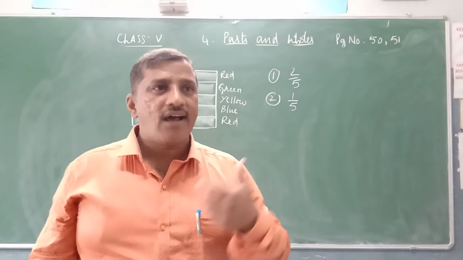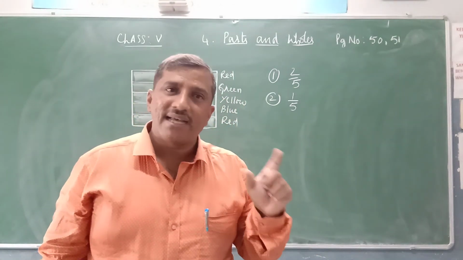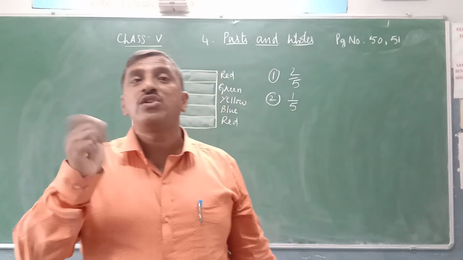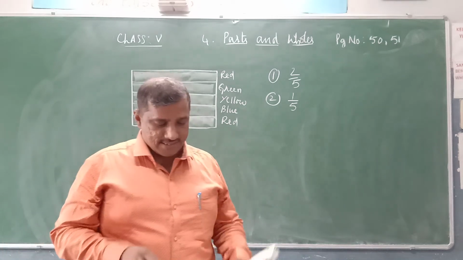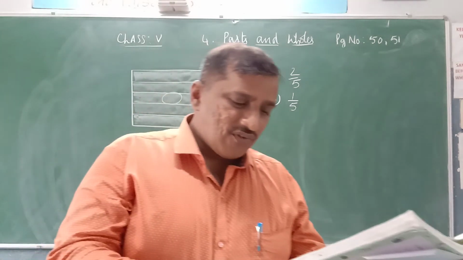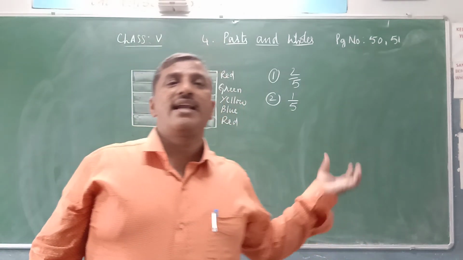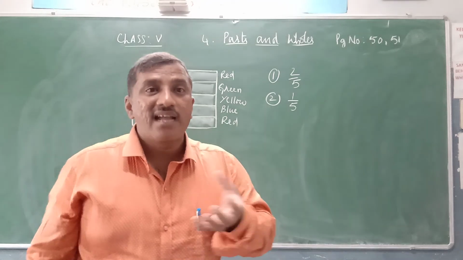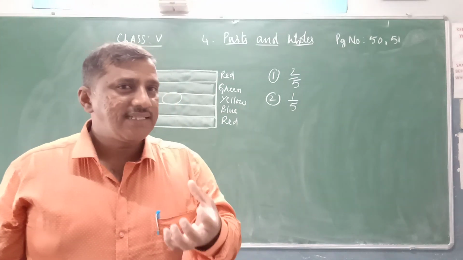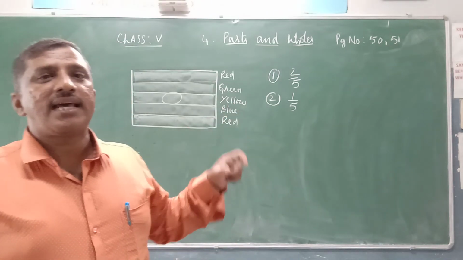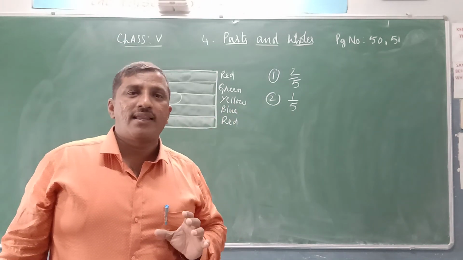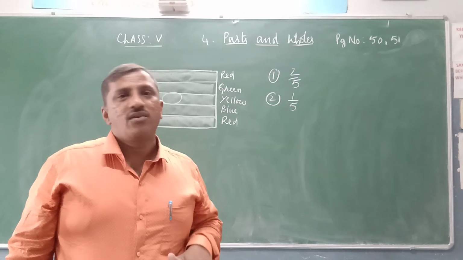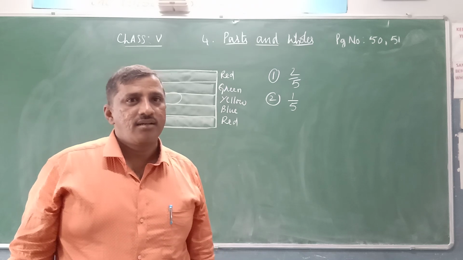Like this you can design your own flag for your math club, and observe whether you have chosen the red color or not. If you chose red, how many parts is it? Now, what other colors did you choose? Then write the other colors you have chosen to design your math club flag. So it is a simple work. Design a math club flag, color the parts, identify the colors and the parts, and answer the given questions. Is it clear, children? Thank you.